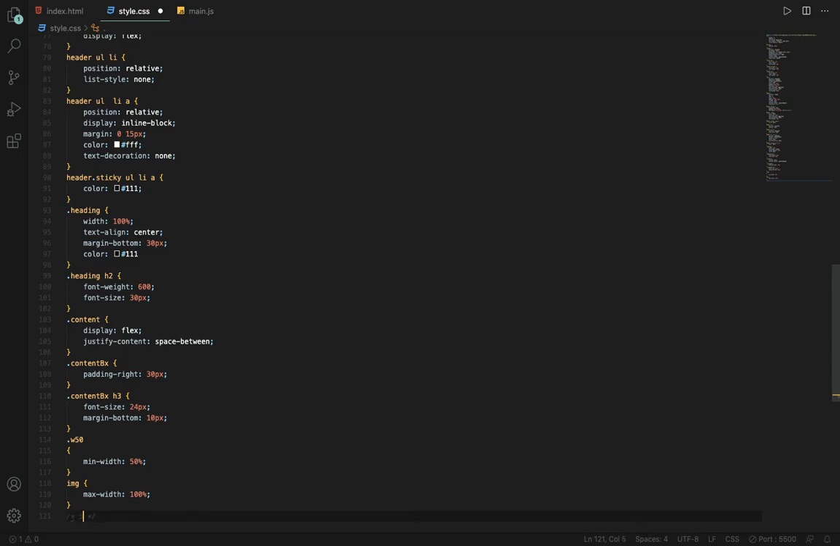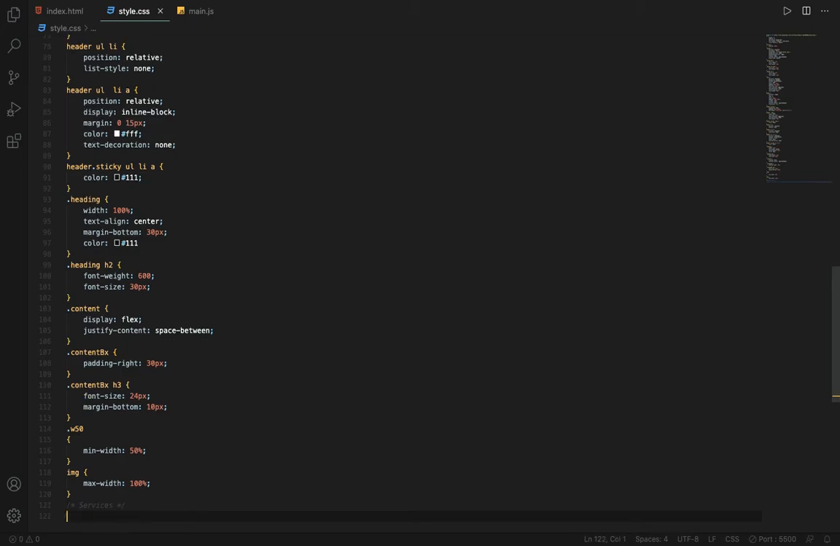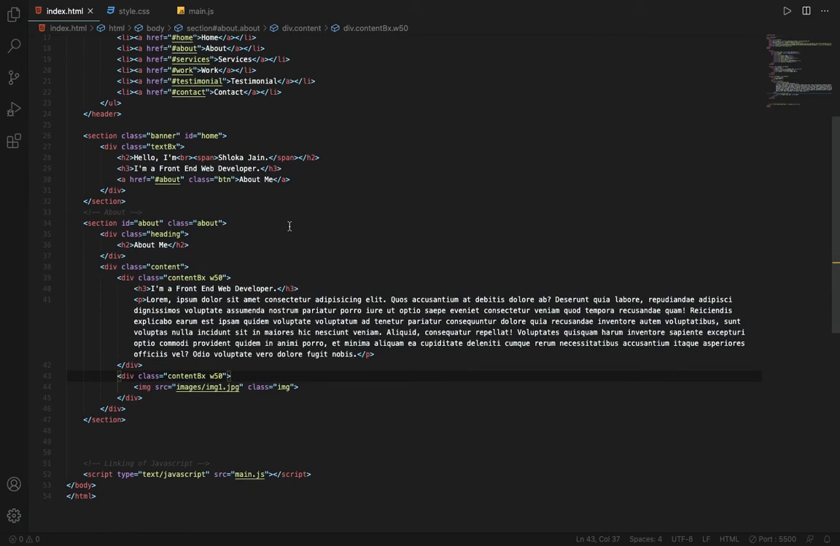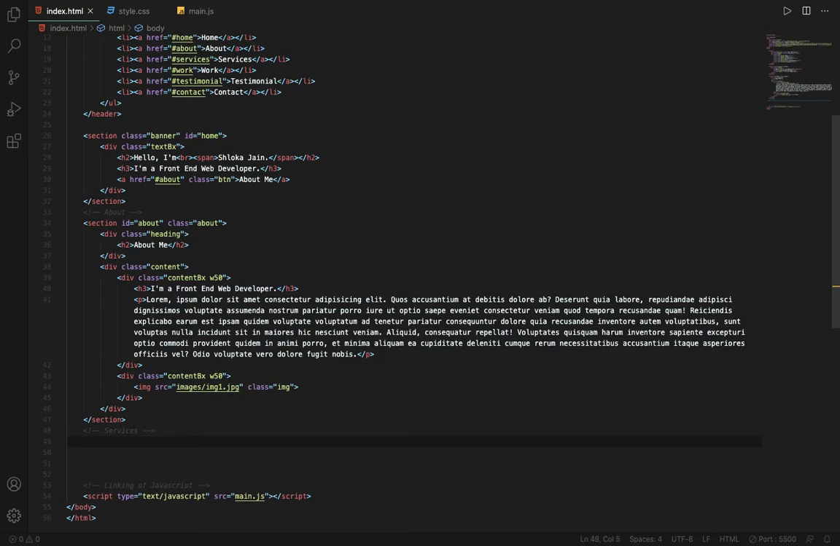And now we will be targeting the services. So first let's go to the HTML file, and inside the HTML file, after this section I will make a comment which will say services, and it's a good habit for making comments. Then I will make a section with the class of services and ID of services,